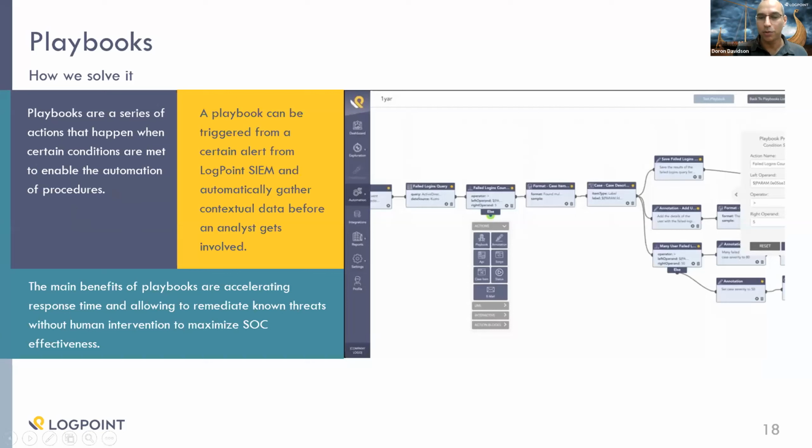Next part is talking a bit about playbook. So if use case is the problem statement or something that you would like to solve, a playbook is basically how do you solve it. The processes that sometimes you do manually, sometimes you have an actual workflow, and the playbook would actually take that workflow and build it into the system, and then you can even automate it. So a playbook is comprised of a series of actions. Every action can be either an interaction with an analyst, or it can be an interaction as an orchestration with one of the existing security controls that you have in-house or in the cloud that you subscribed to,